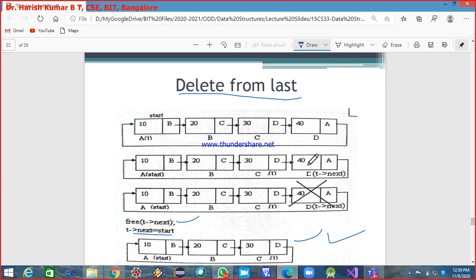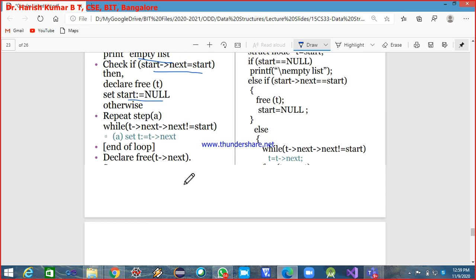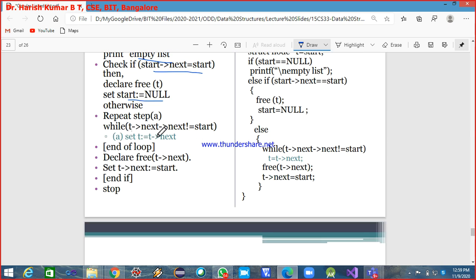So t arrow next is nothing but this field, which is the address of the starting node. I hope all of you understood why we are writing this.